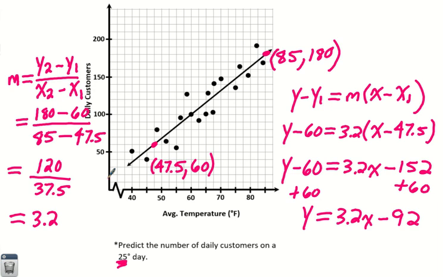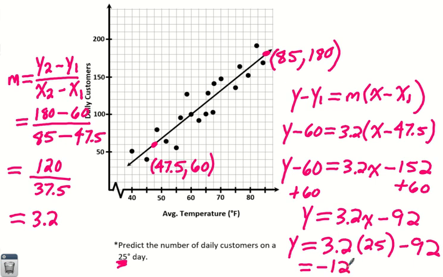So again, you might just want to make this part of the official routine. Figure this out by plugging 25 in for x, and then crunching those numbers. So 3.2 times 25 and then minus 92,